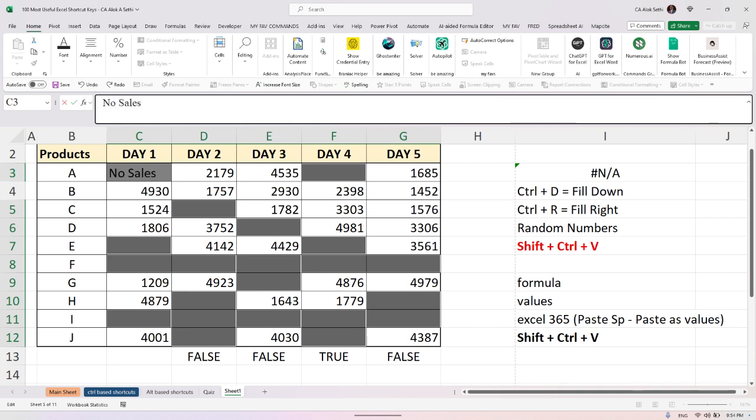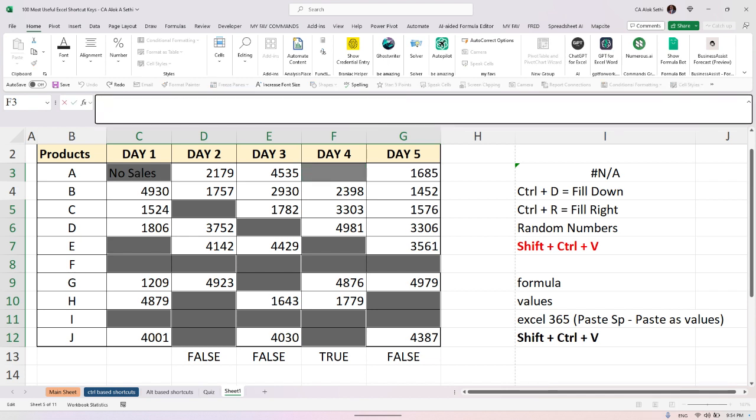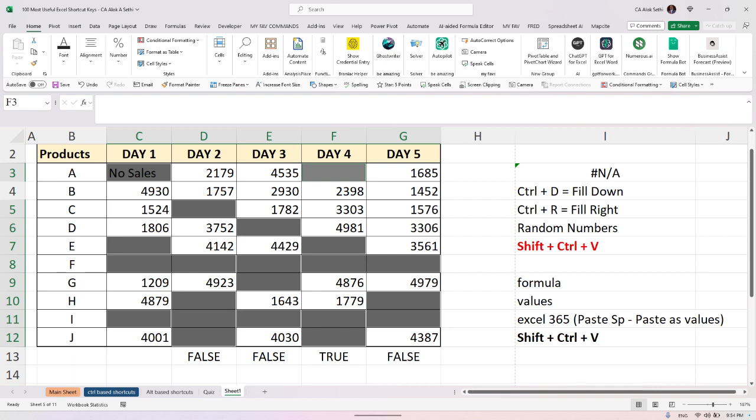Now in the table you can see no sales getting typed in C3 because it is my active cell. But you also see that all the blank cells are selected. If you hit enter here, it will get typed only in the first active cell. But I want no sales to be typed in all the cells. So now my next active cell is F3. If I type no sales over here and I press enter,